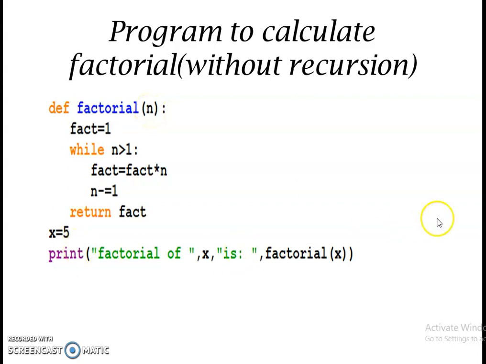When we run this code, it will print factorial of 5 is 120, as we have seen how to calculate factorial. So this will be 120. In similar fashion, we can calculate the factorial of any number. So this is the program in which we are calculating factorial without recursion. Here we are using a simple iteration statement to calculate factorial, right? Now let's see how to calculate factorial using recursion.